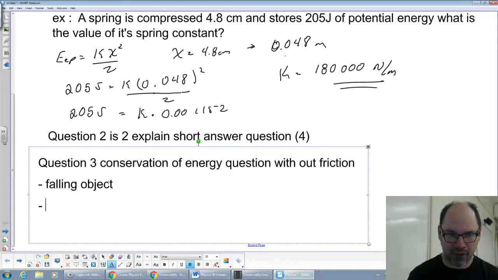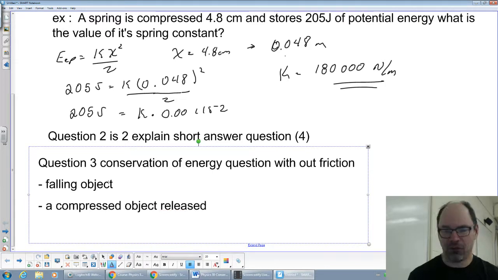A compressed object released. Okay, these are both fairly simple conservation ones. They're 2 marks each, so that's a total of 4 points, 2 for each of them. Okay, so if we do an example like that,